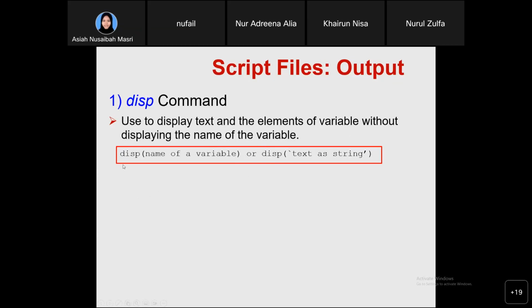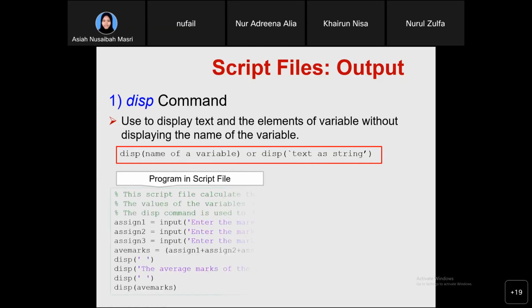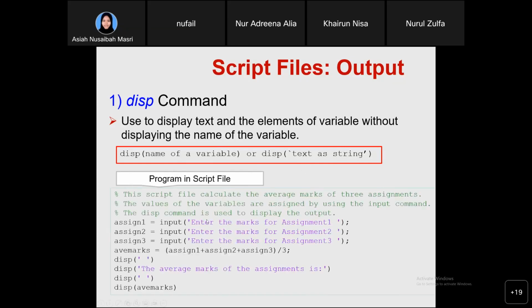So here, DISP, name of variable, it depends what your variable is. Or DISP, text as string, which means you write the text. For example, display average mark. You write the words average mark. So instead of the name of the function, it will write display average mark. Okay, so this is some of the examples. You'll see above here,